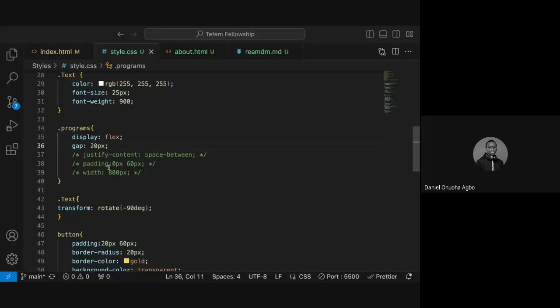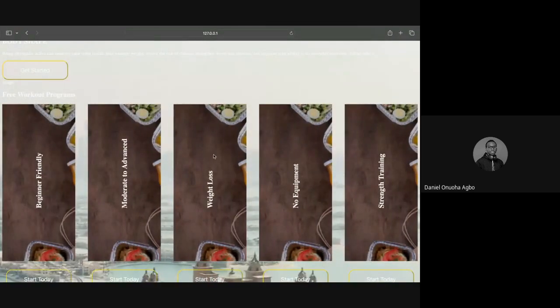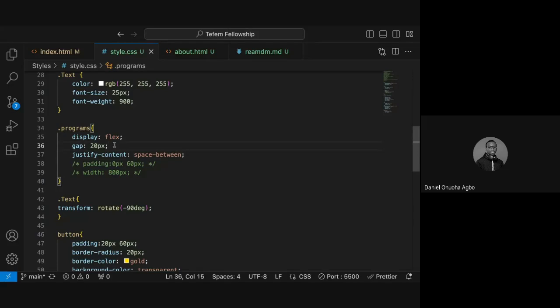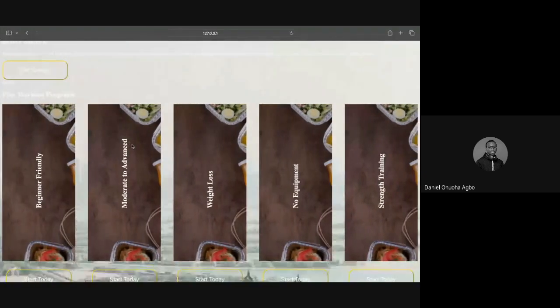Then, in order to have a proper display, I had to use justify content, space around. So now if you notice, if I use justify content, this gap is no longer necessary,